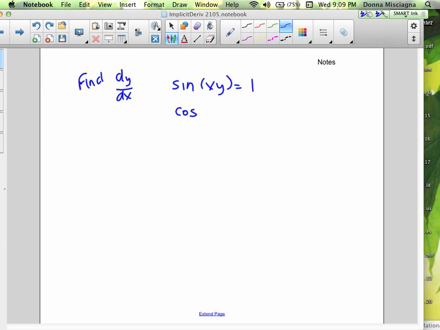So we have cosine blop. The blop is xy. And then we have to take the derivative of the blop, so that's going to be a product rule here. And the derivative, of course, of 1 is 0. So the derivative of xy